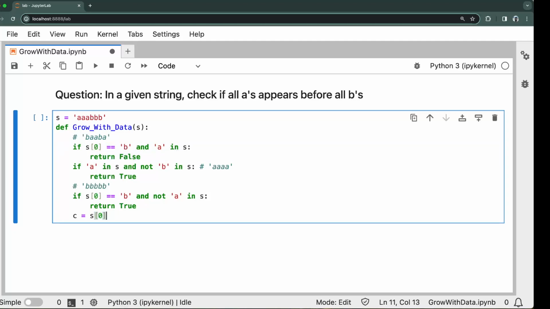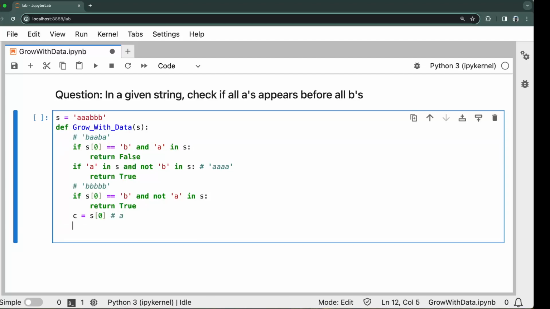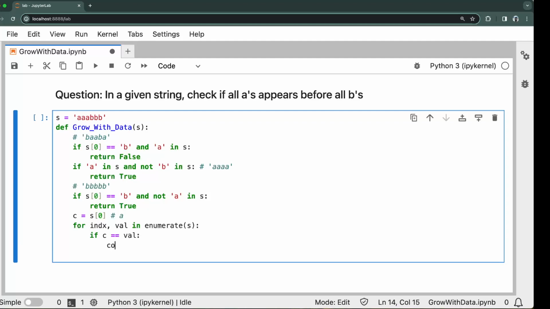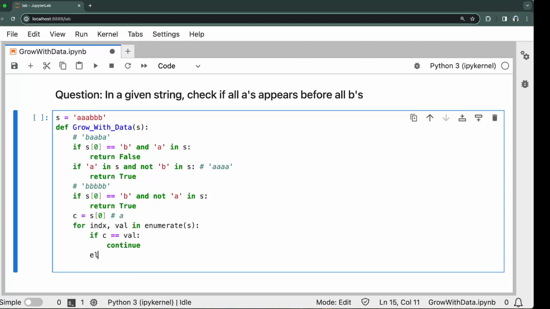So the C is going to be A. Now we are going to loop in the string, index, val in enumerate. Now what we are going to check is if C equal to val, means when you loop in the string, if the value is going to be C, then there is no issue, right? You just continue. If not,